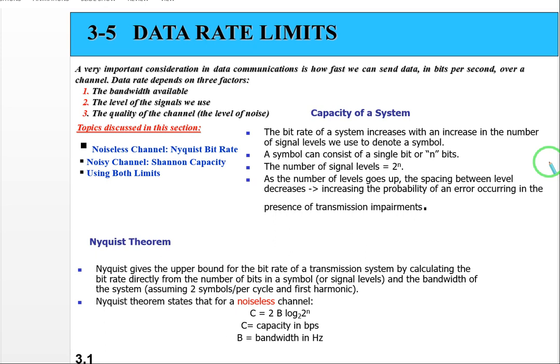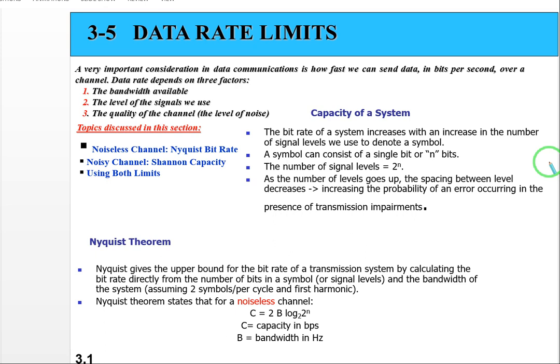So today we are going to study about data rate limit. Data rate, yeah, bit rate. So both are the same thing. Bit rate or data rate means you can find the speed of your data, speed of your internet, speed of your transferring. This is called data rate or bit rate. So the most important thing in a data limit is how fast you can send your data per second. Yeah, how fast you can send your bits per second. So that's called data rate.